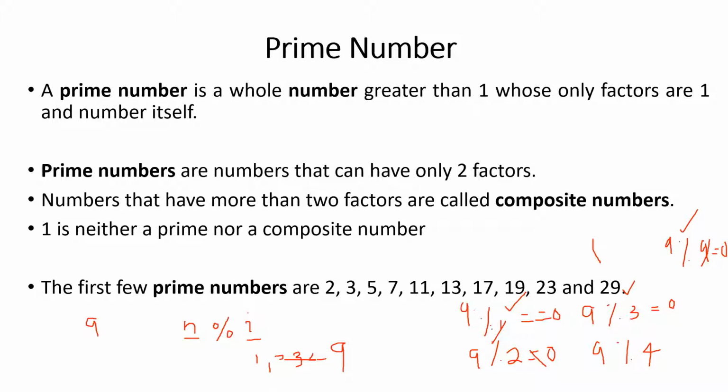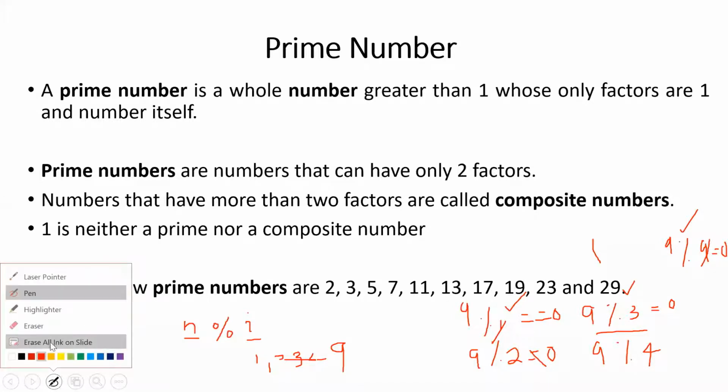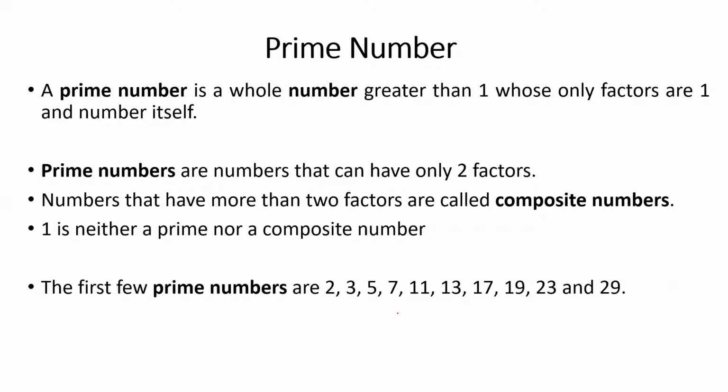So in this case, I am avoiding the division by 1 and avoiding the division by 9, but still 9 is having a factor called 3. That means 9 is not a prime number. So in that way, we can reduce a little coding by avoiding, or one looping we can, 2 loopings we can reduce. So when I take 2, what will happen now?